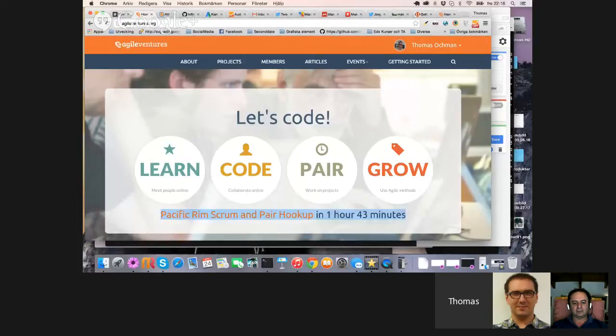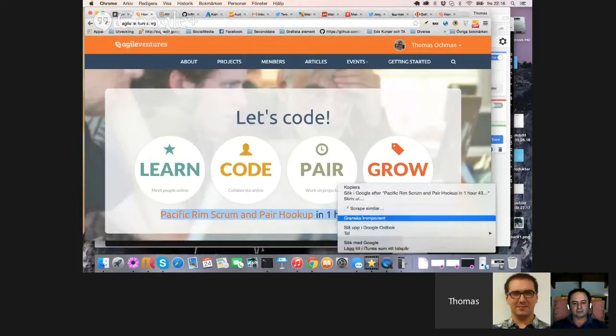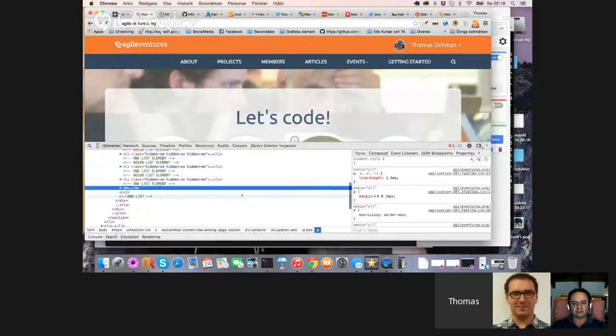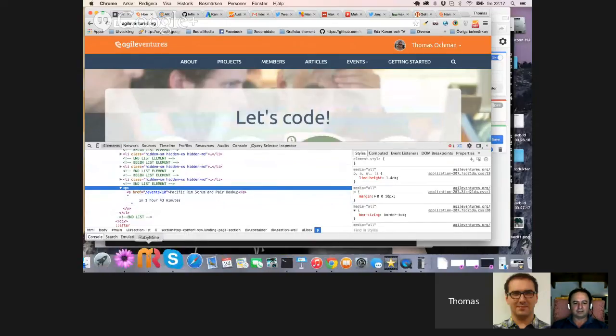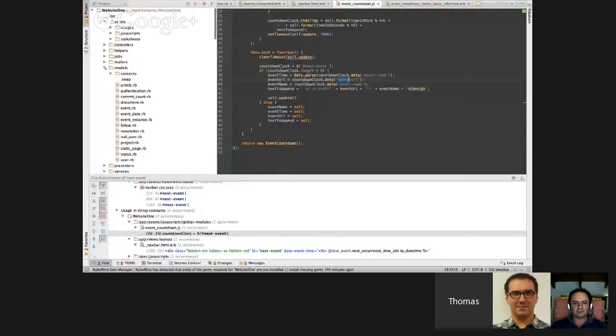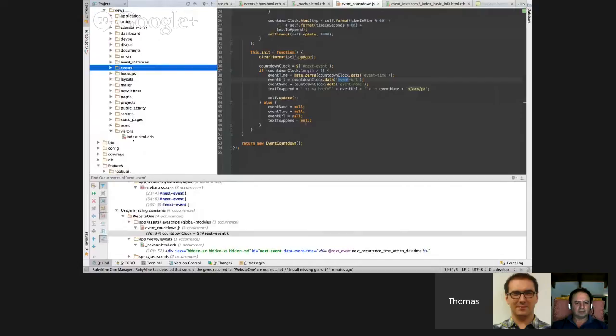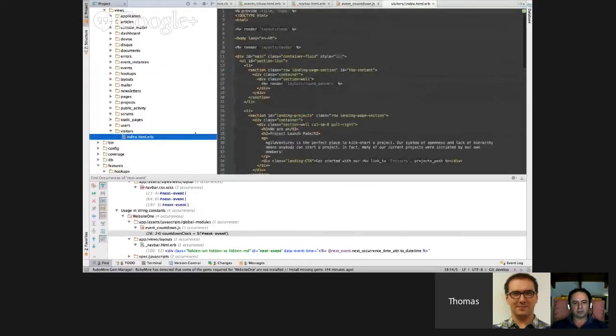So let's have a look at the landing page. Let's see here. What is this? Event href scrum. Okay, so that doesn't say anything. That's weird. Let's go to views, application, layouts. Where is that? What sort of a page? Visitors, index. Visitors. Yes.